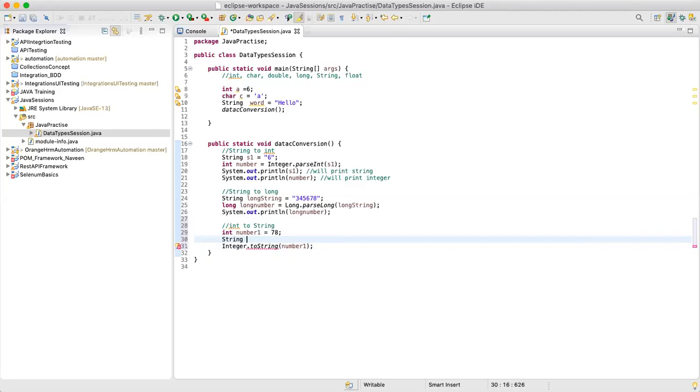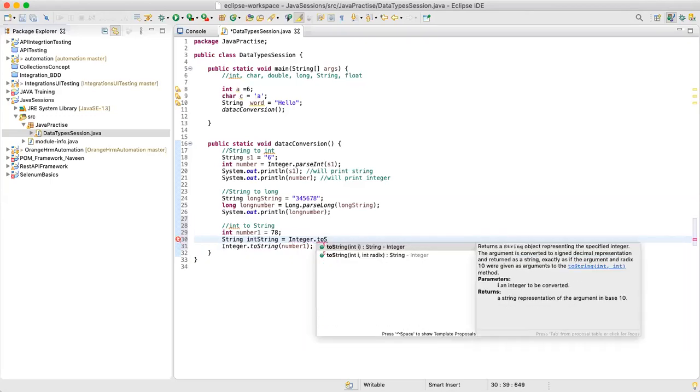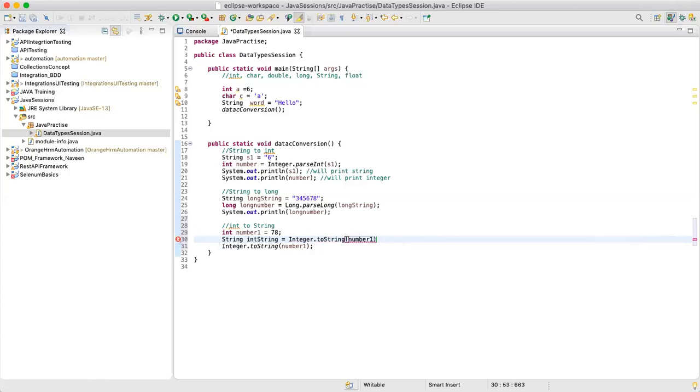Many times, when I used to see people giving training, or even working on their actual code, they work directly like this: String, and they can say this is the int string, let's say, and they will say Integer.toString and pass number1. Okay, this is the actual statement which we want to write. But I was facing an issue, like, how do people directly know that we are naming the variable?